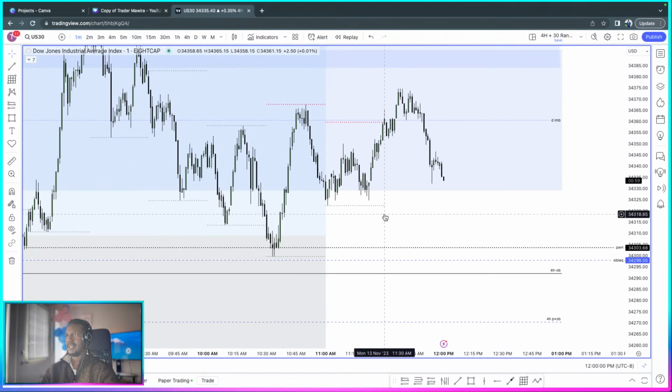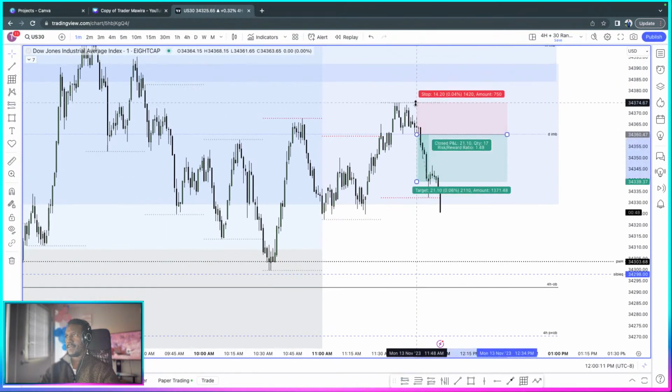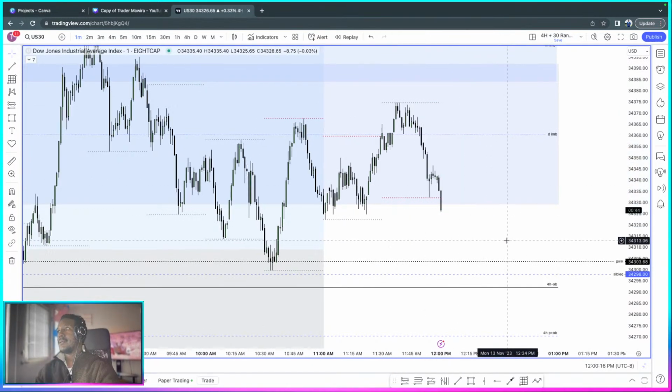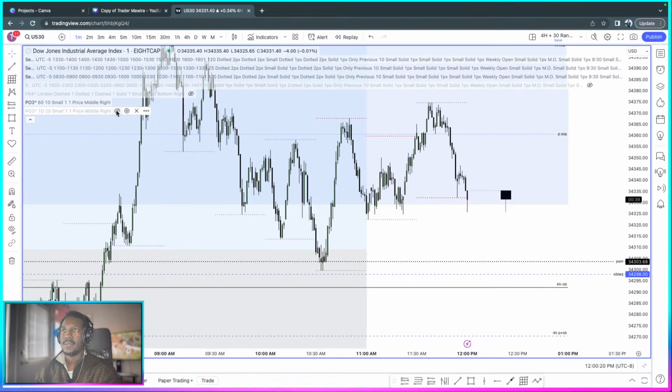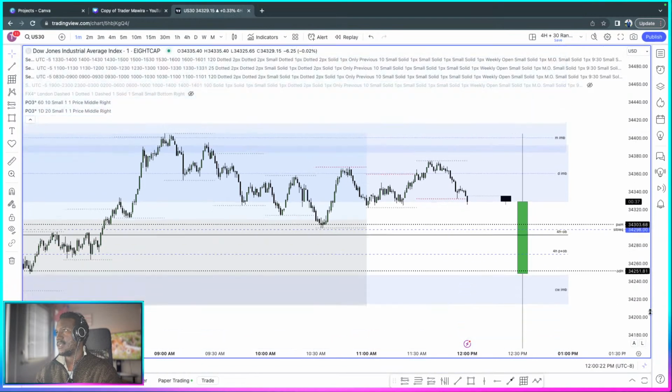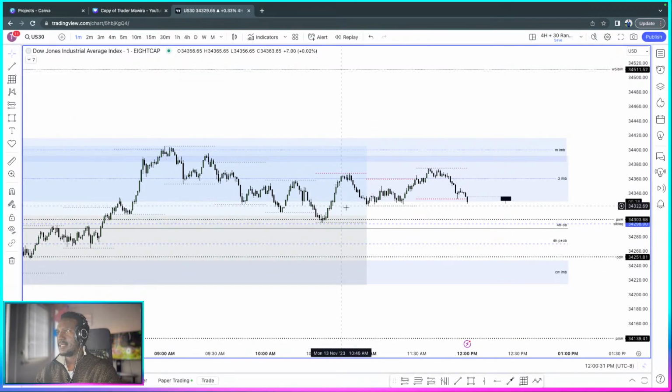Otherwise, if I was here at 11:30, then that would have been my entry right there. At that low, I'll be in the side of this trade. My stop loss just up here, and I'll be enjoying this short. In the meantime, we are working with the 12 p.m. candle, so let's see what it will do for us. So we are seeing a huge rejection of the daily from a high time frame point, and let's see how we can get in sync with this.